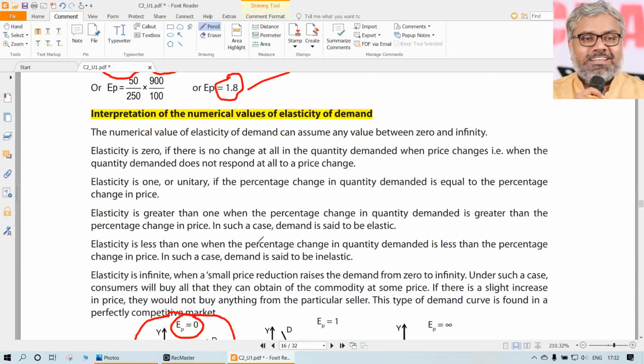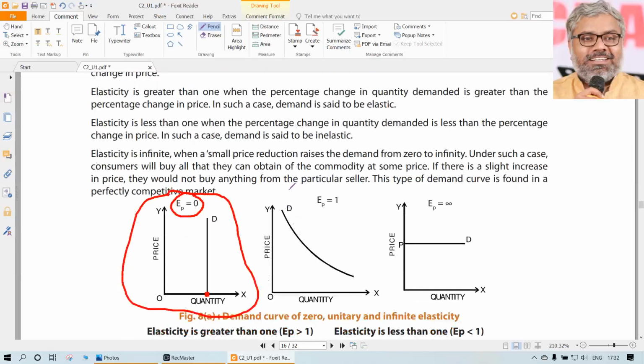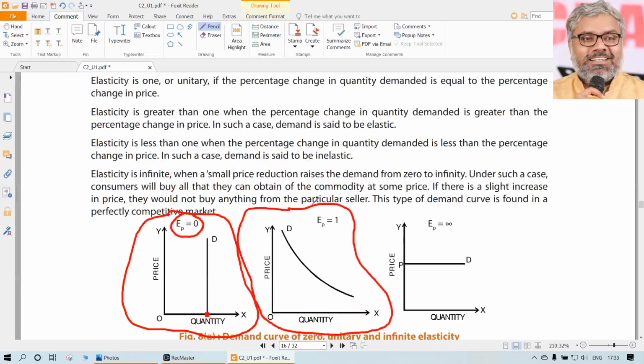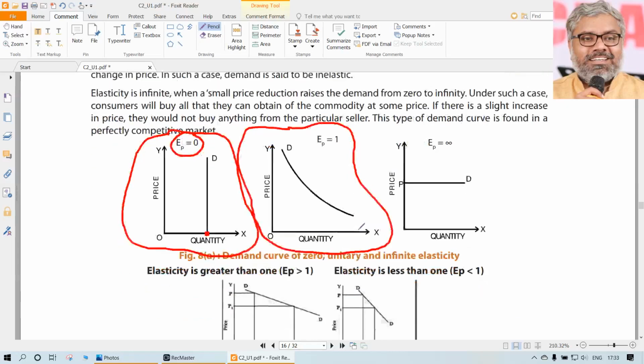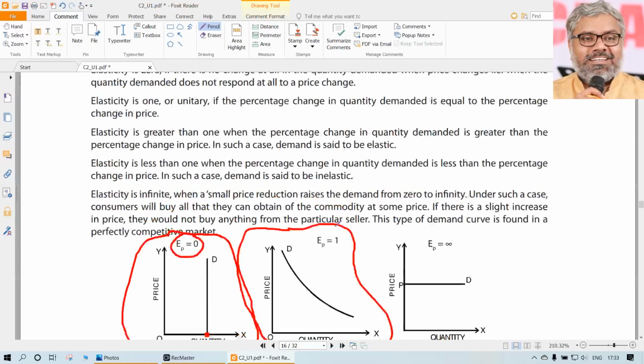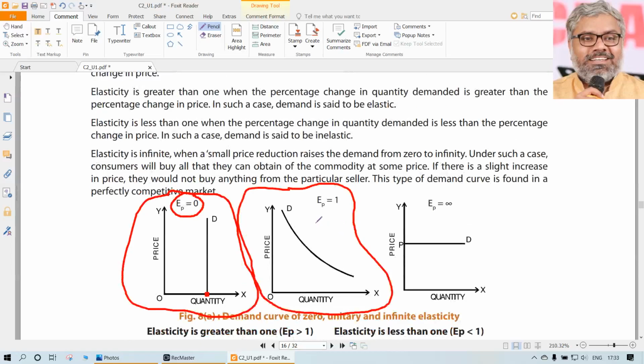Okay, then when the elasticity of demand is 1, we give a name to that, called unitary elasticity. So unitary elasticity means the price elasticity of demand is equal to 1. In other words, the percentage change in quantity demanded is exactly equal to the percentage change in price. For understanding purposes, let us say there is a 10% increase in the price. Naturally, what happens to the quantity demanded? We know that very well, it will decrease. That is fine, because the direction of price and quantity demanded is always opposite. That is not the problem. But the question is, how much percentage will it decrease? The same percentage it will decrease.